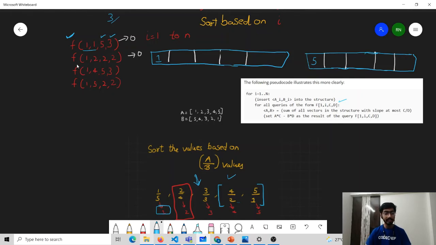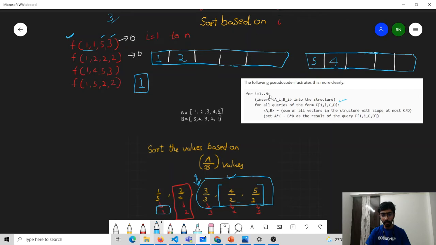0. Similarly, for the next time we are reaching i equal to 2, and we can put the value 2 and 4 here. Then we can find the d by c value, and the d by c value for this is going to be 1. And where does 1 lie? 1 would lie somewhere over here. That is, for 1 we have to take into consideration only the last 3 indices. But here the last 3 indices are also 0. So the contribution for this query is also going to be 0.